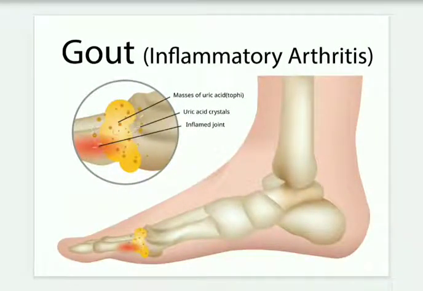Firstly, we can see in this picture that an excessive concentration of uric acid and some purine in the blood causes the precipitation of gout. As a result, you can see inflammatory arthritis, and the disease is mostly seen in the first metatarsophalangeal joints and metacarpophalangeal joints in men older than 40 years.